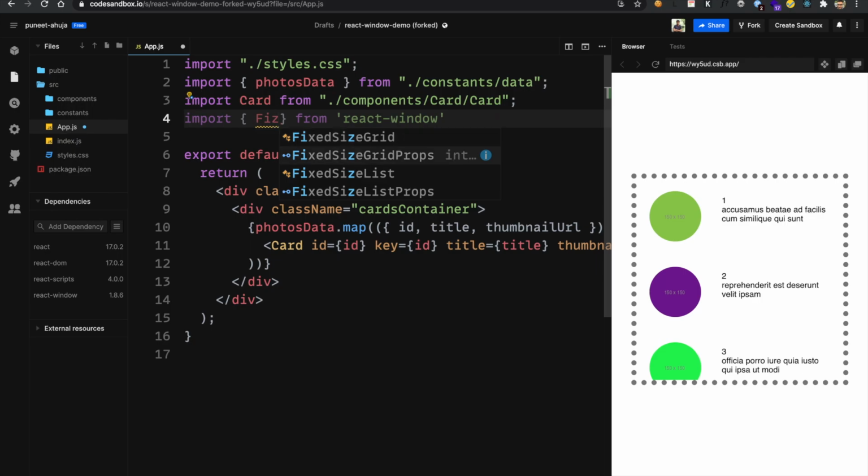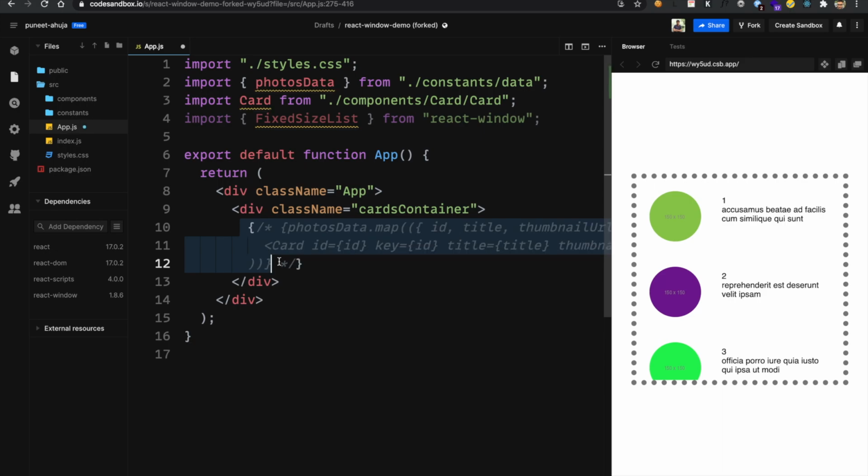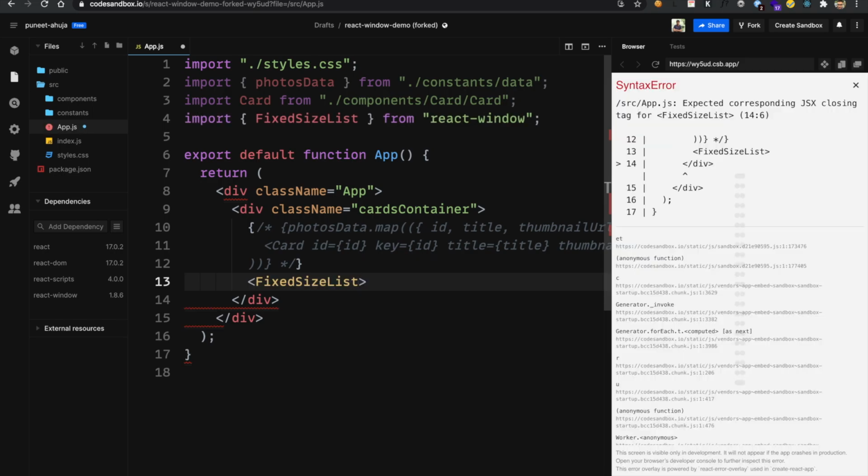Okay, so this is a React component, and in place of my photos data array, I'll comment this out, and in place of this I'll have FixedSizeList.